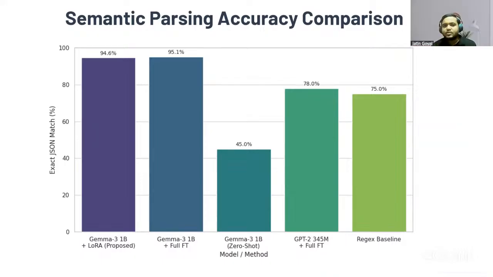Excuse me, sir, you are not audible for a few seconds. Yeah, now I can hear you. So I will just repeat the question: this Gemma 3 1B zero-shot model shows 45%, whereas your model is saying 94 or 95% around. So did you analyze your result, why it gives